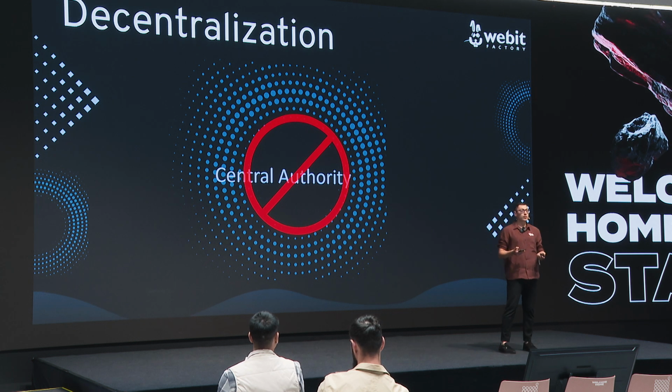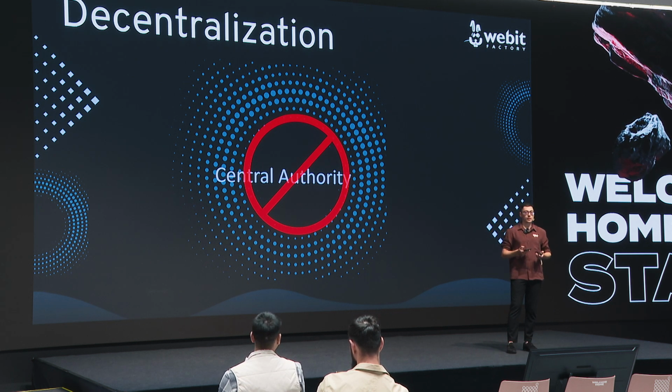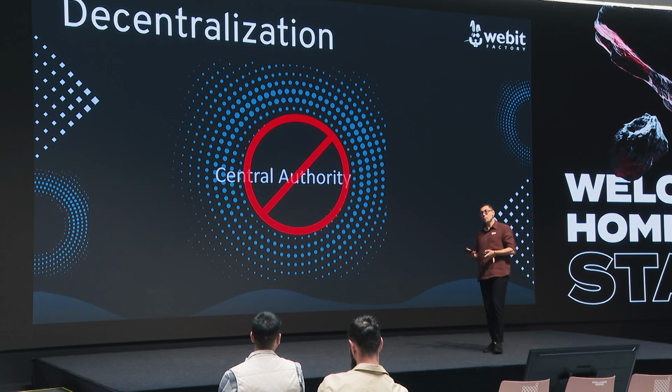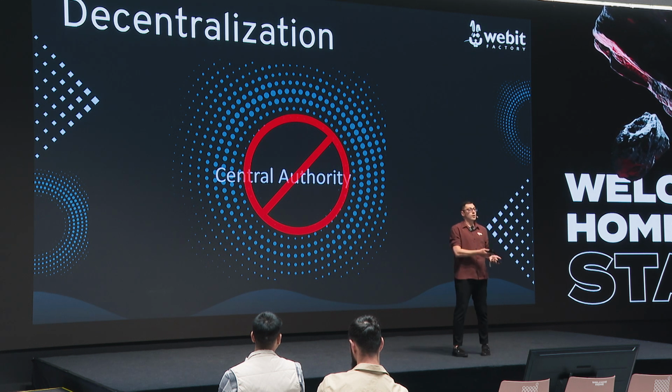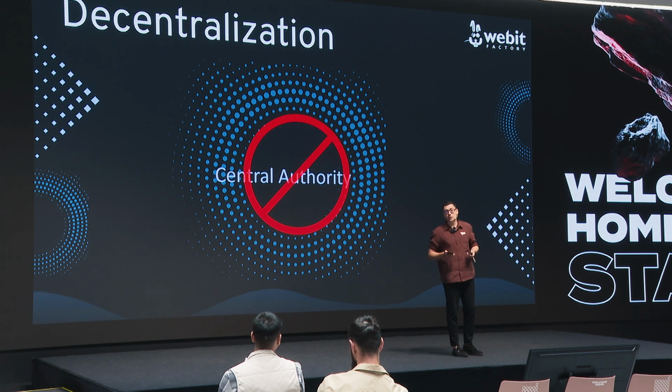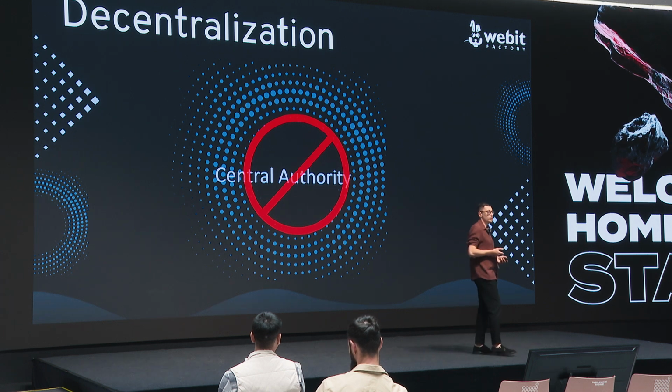What does decentralization actually mean? Well, there is no central authority. So imagine that there is nobody that allows you to post content somewhere or to do a transaction. In normal Web2, for example, when we want to send money from A to B, from one person to another, you need to route through a banking system. So basically, this is the central authority in this case.